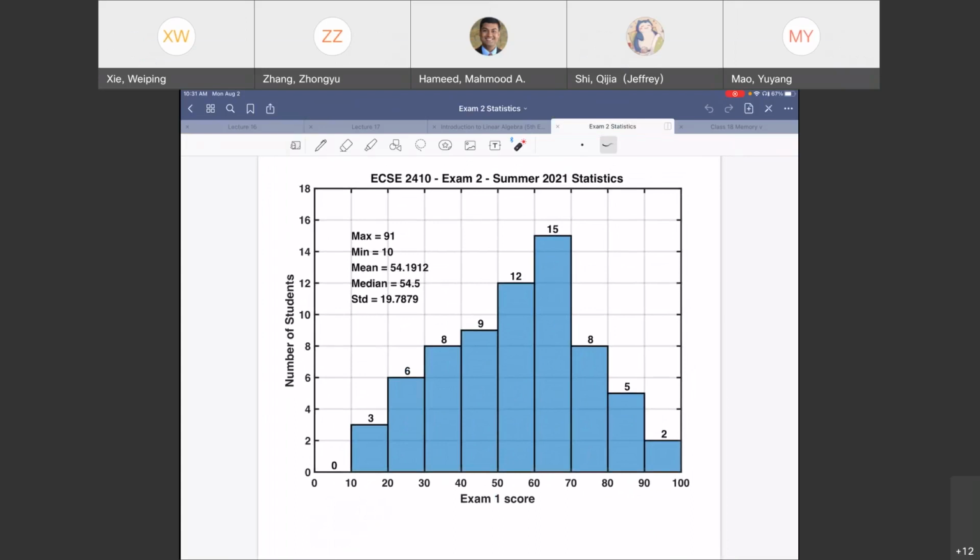So in my opinion, if you are above an 80, you did extremely well on this exam. 83 was, I think, the 3rd or 4th highest in the class. So when you look at your exam score, you have to also put this chart in context, right? You don't treat your scores as absolute numbers. Look at it as a relative number to the rest of the class.